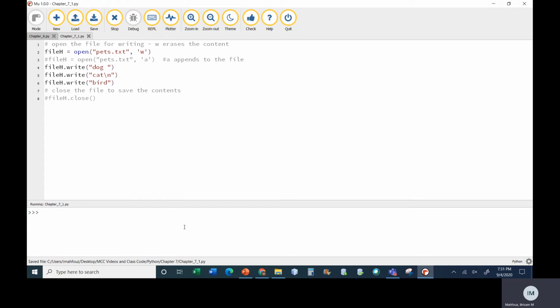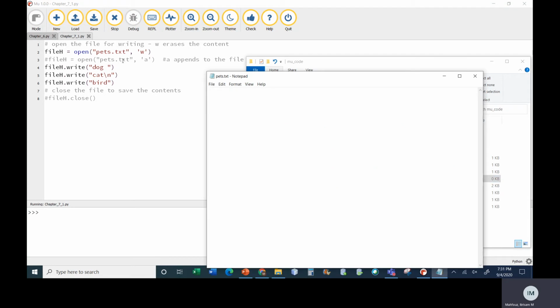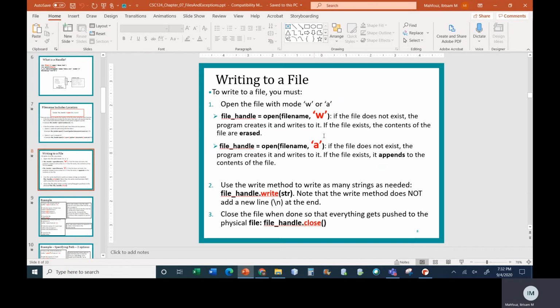Stop and run. Okay. Now what I see is the pets.text just got created, but this time it's empty. So the open command creates the file, and then because I forgot to call close, nothing got saved. Even though the right commands were there, because I didn't close, it didn't get saved. So imagine that the close is kind of like a save. That's what the close is doing. So this is how you write to files. You open the file for writing or appending, and then you call write, and then you close the